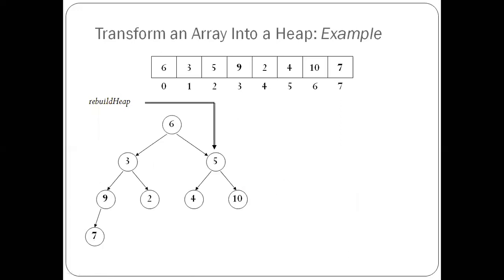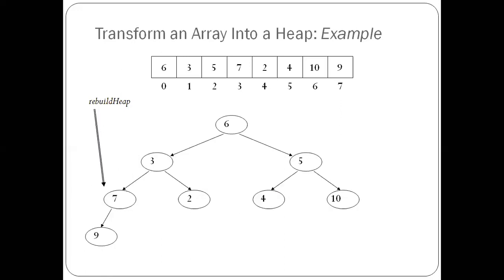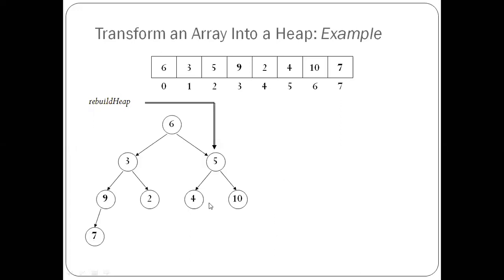So it was exchanged. While exchanging, you see the arrangement was 7, 3, 5, 7, and 9 was last. When you are exchanging, the arrangement will also change here. 7 has been replaced by 9, and 9 was replaced by 7. Okay, now you see this is satisfying the parental property.